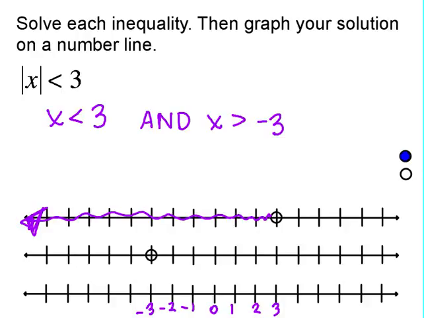To the right, okay? Now my answer is going to be, since it's and, it's going to be what's in common with both of those. Okay? So is the left arrow in common with both? Is the left arrow shaded on both? No. At what point do I start being in common with both? Negative 3, okay? So I'm going to go ahead and put an,